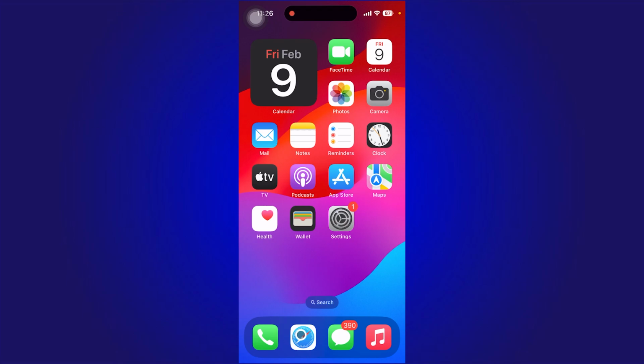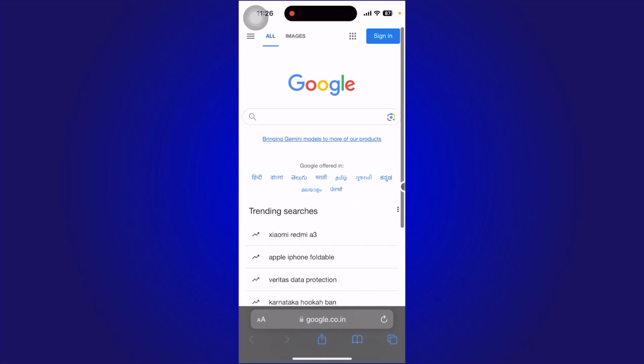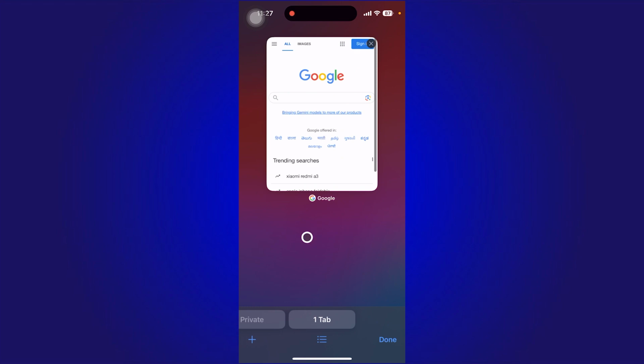So in order to do that, you need to open your Safari application from the bottom, and after opening the Safari application, as you can see this button in the bottom right corner, you just need to tap once, and after tapping it once, as you can see this private option,